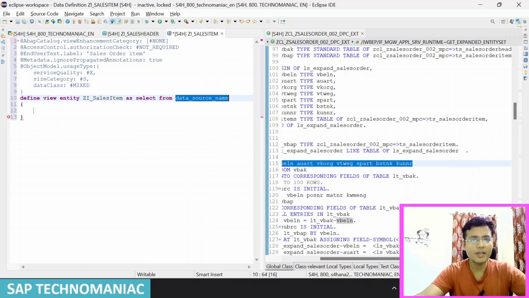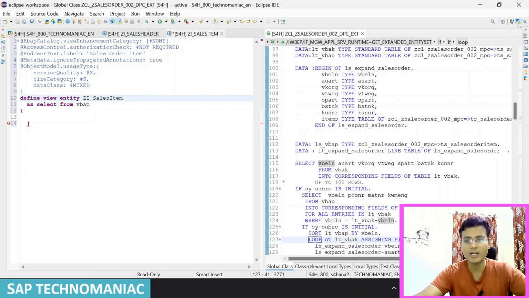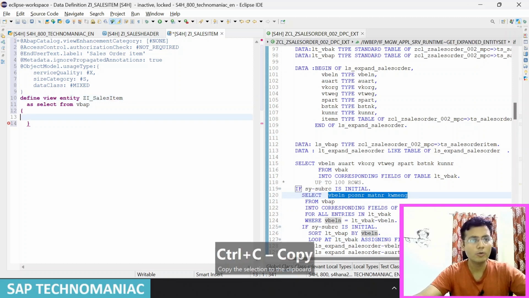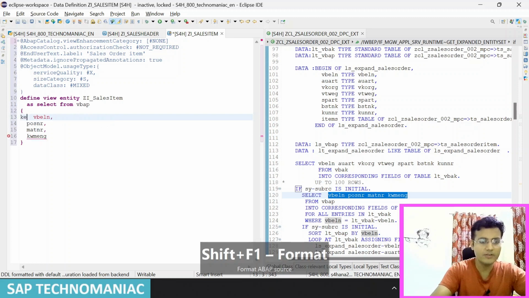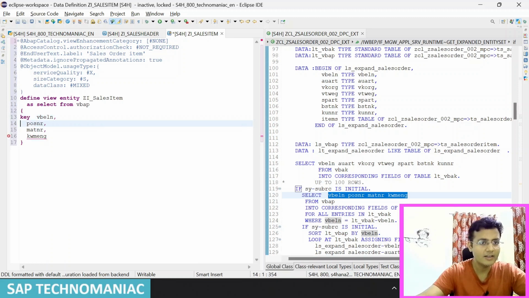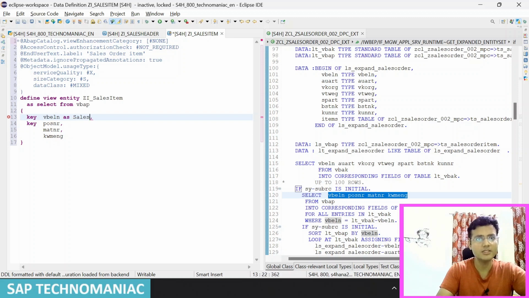And this time I will get the data from VBAP, Shift F1, and what data do I want to get? The same data that we got from that particular service. These 4 fields I will be getting. Out of that, Control C, 2 fields will be VBELN, POSNR, MATNR, and KWMENG. Shift F1, and out of that, this is a key field, and this is also a key field. Shift F1, and sales order, I will give for the namesake sales order,